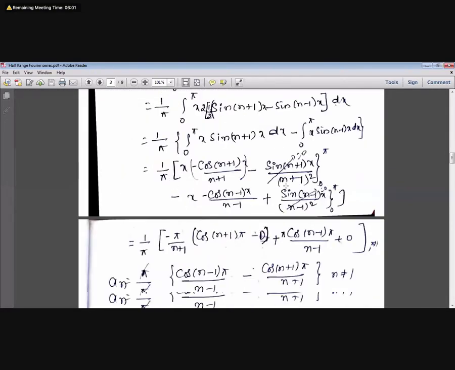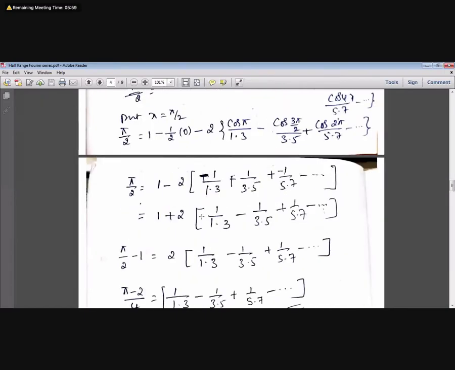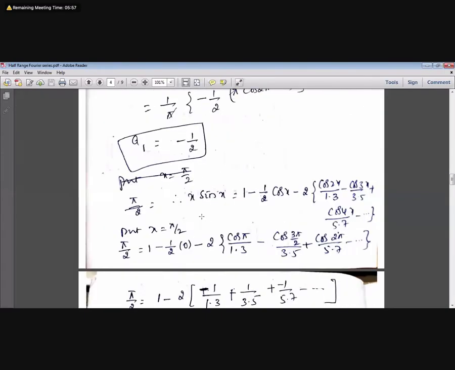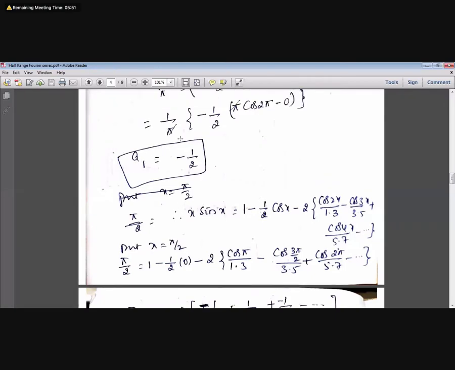Here, somebody is asking about the second problem. I wrote and showed. After A1, how to find? I explained that, how to find after finding A1. Okay. So the second problem, yesterday's second problem.